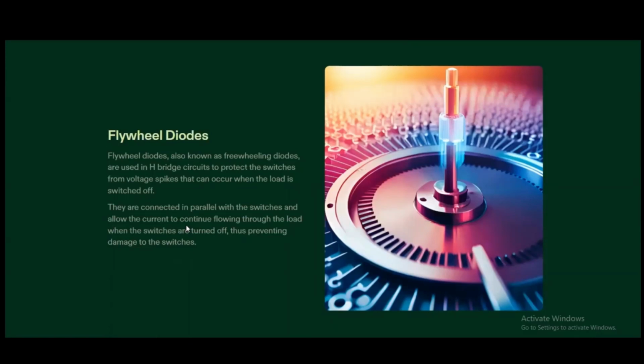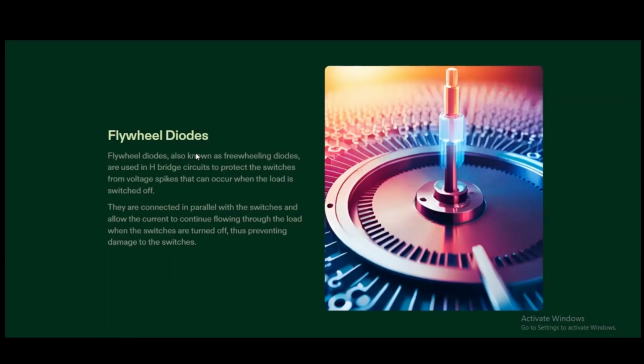Current will start to flow in the opposite direction, which may damage our devices. Like here, we are using the BJTs, bipolar junction transistors, which have base, collector, and emitter. They may get damaged if we do not use these flywheel diodes. How do they prevent this? They prevent it in the way that when a voltage spike occurs or the voltage comes in the